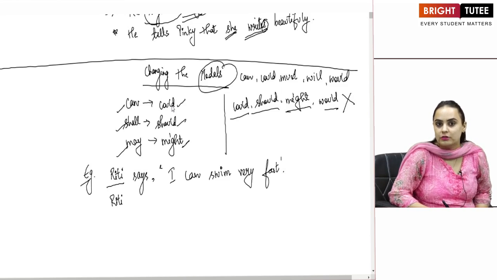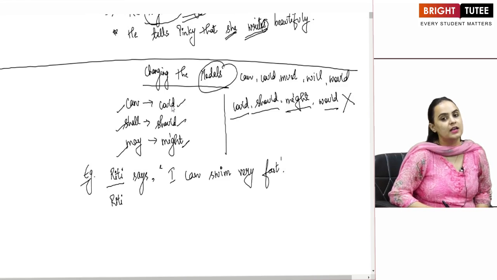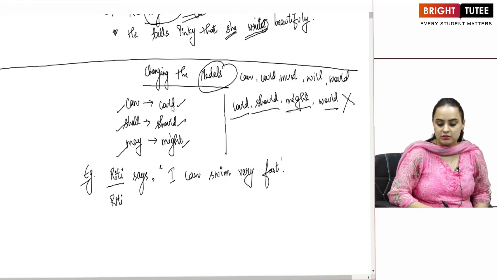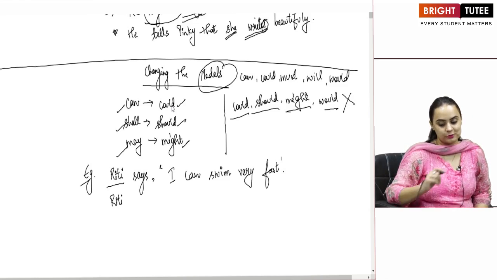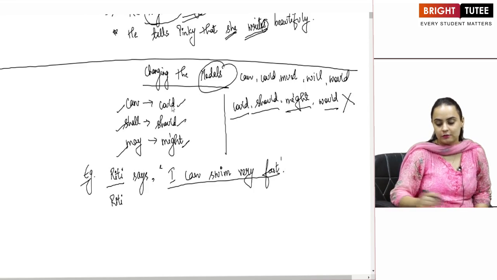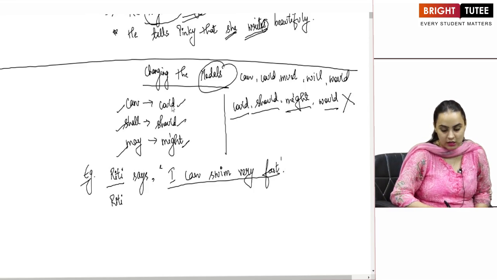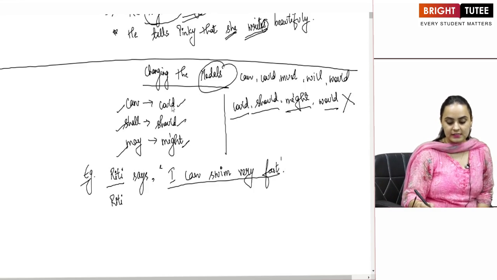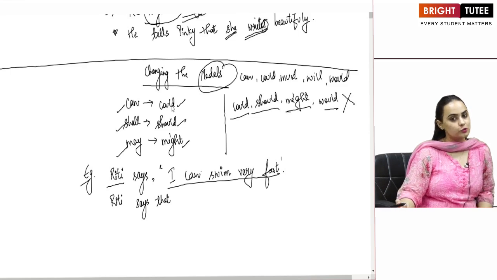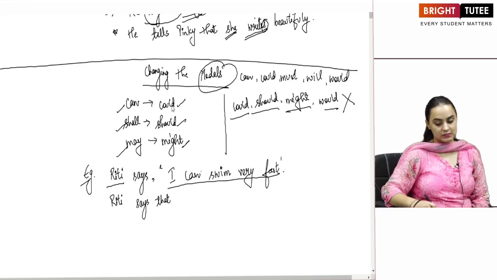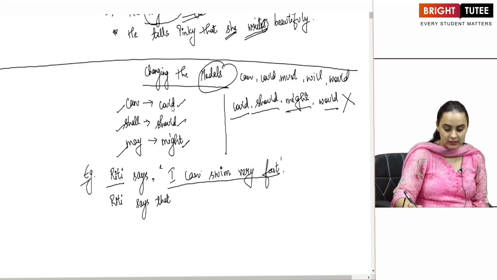What is my reporting verb? Says. Says is already written in the simple present tense. So that means my tense of the reporting speech will not change. So Riti says that can changes to could. Like I told you, it is going to become could. So Riti says that she could